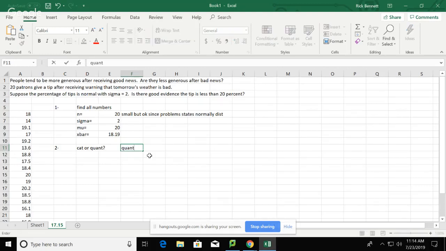It is quantitative. All of your questions in chapter 17 are quantitative. On the test, that will not be the case. But for this chapter, it will always be quantitative. So you only need to know one formula for this chapter. Okay? Step number 3,